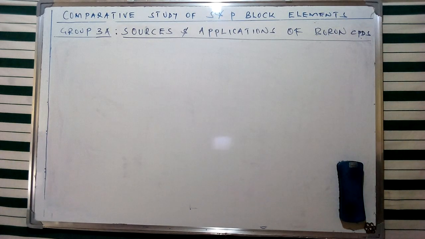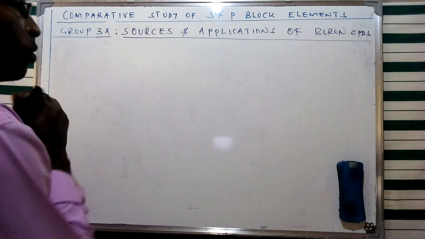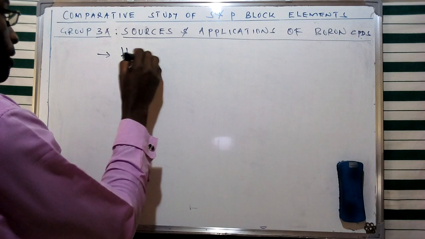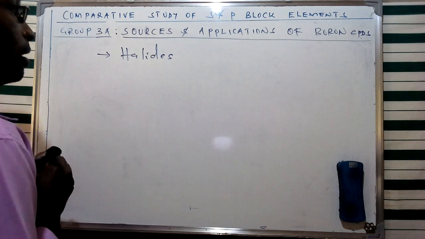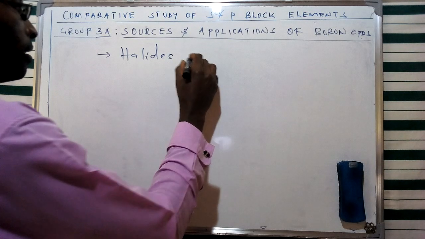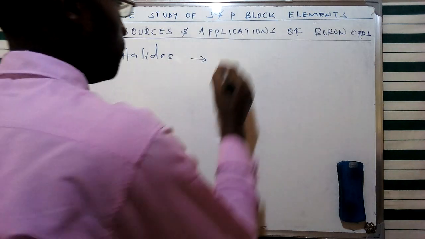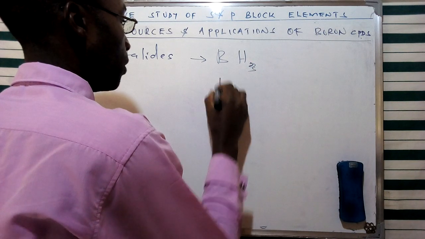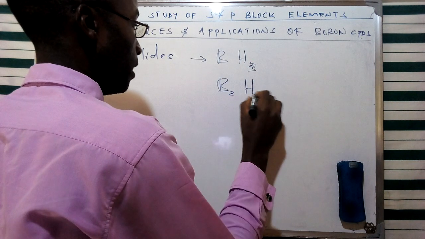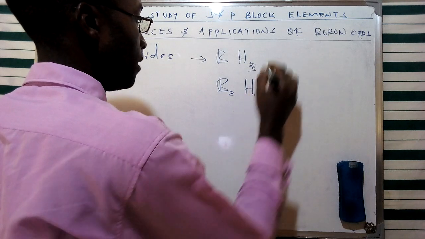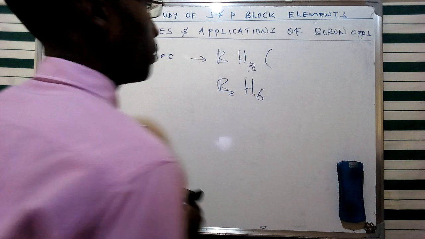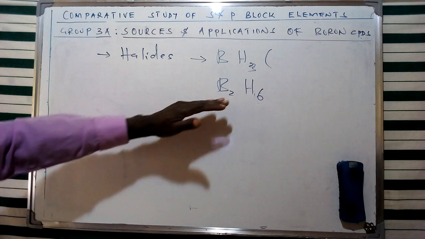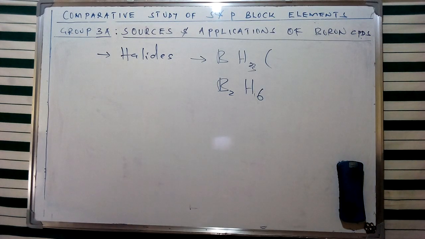be displaying unique characteristics. And of course, in our last discussion, I mentioned that boron, whenever it forms compounds, especially its halides, is going to display a unique case. We compared two specific cases for the halides of boron, whereby we are seeing these two specific molecules. The first molecule has not been isolated as a stable compound, whereas the second one is the simplest member of the hydrides, which has been isolated as a stable compound.